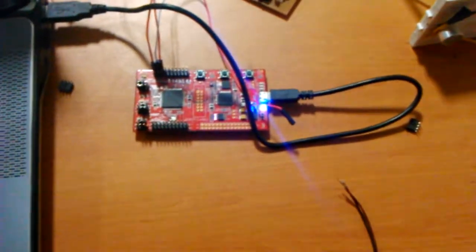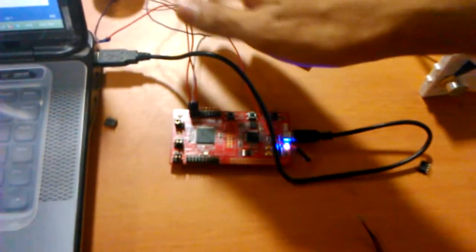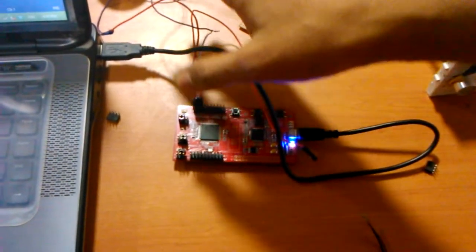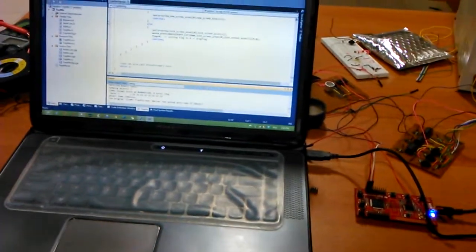That output goes to the launchpad over here, which we have connected, and the launchpad is connected to 3 pins out here. It computes the time at which the waves first reach the launchpad, and then computes the delay between those waves, and that delay is transferred to the PC via UART. We have made an application which receives the integer values of delay and takes the cursor to that particular place by generating an XY coordinate.